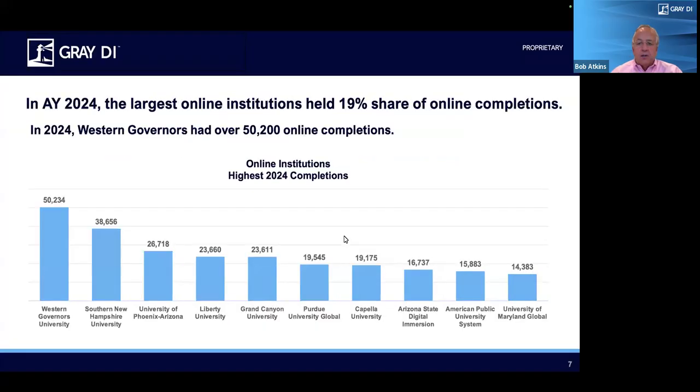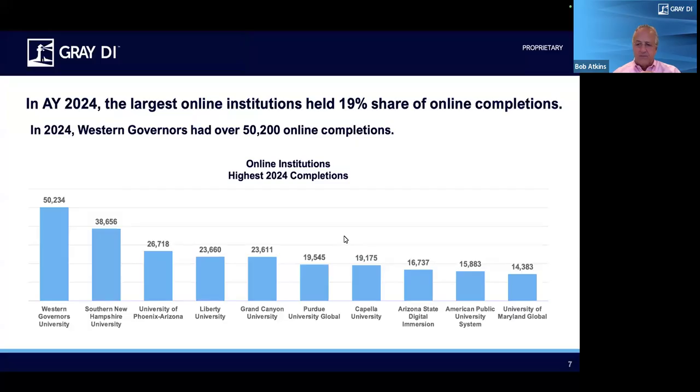Now we get into online and look at who the big boys are, and they're Western Governors with 50,000 completions a year. SNHU, 38, almost 39,000. University of Phoenix, down to 26,000, used to have well over 100,000 completions a year. Liberty University at 23, Grand Canyon at 23, Purdue and Capella at around 19,000, ASU at 17,000, APUS focused on the military at about 16,000, and